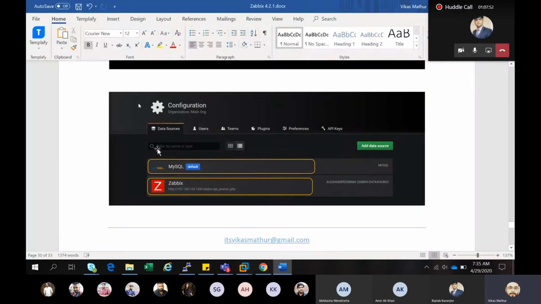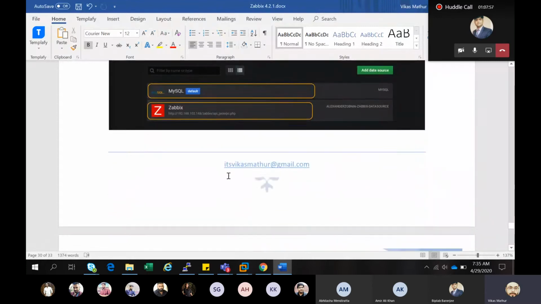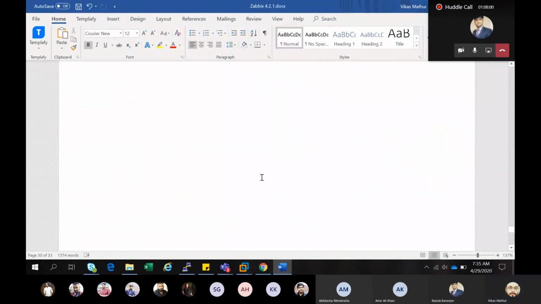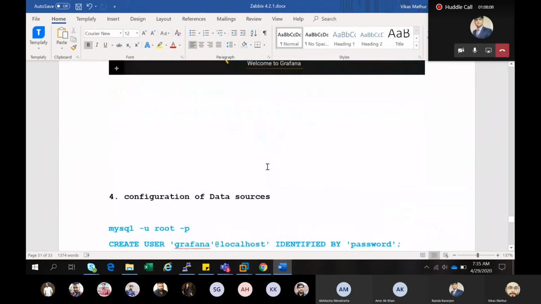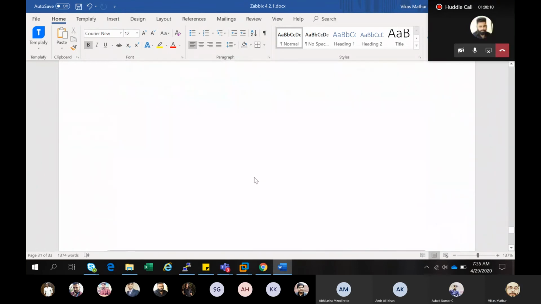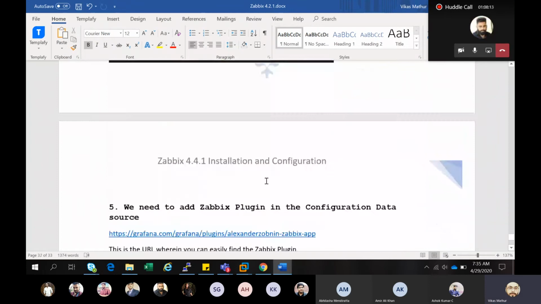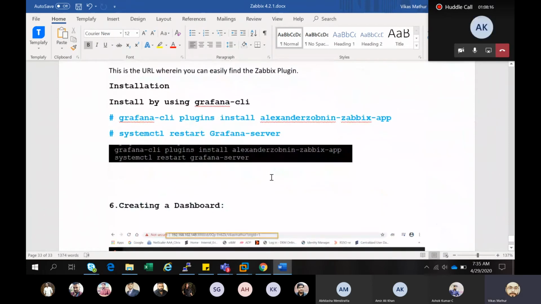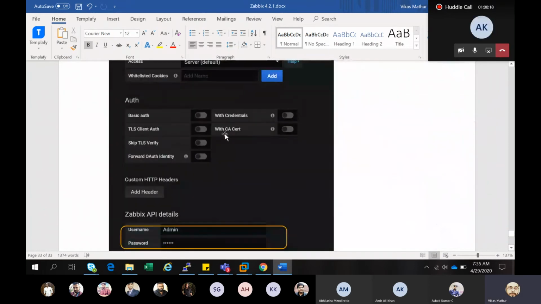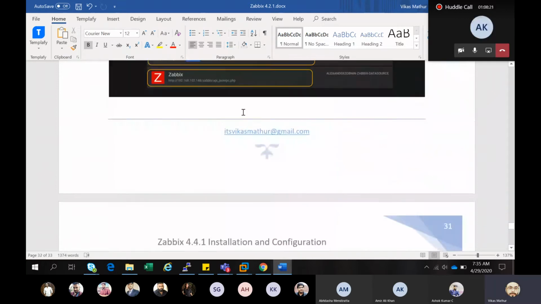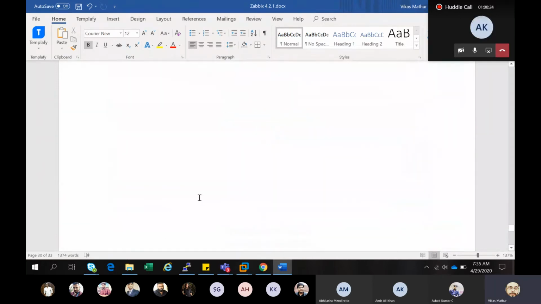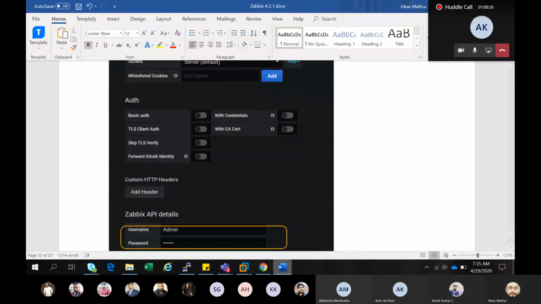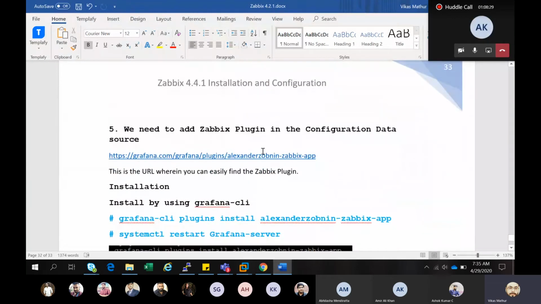Here you see these are the things I already provided information for. Okay. For this plugin, you need to run this particular command. For this one, this is the site.